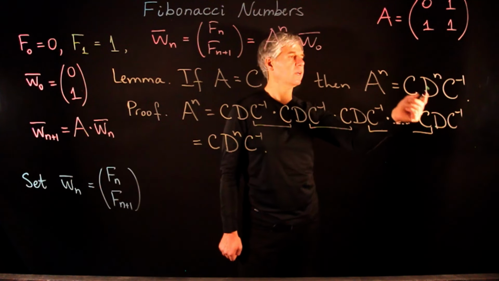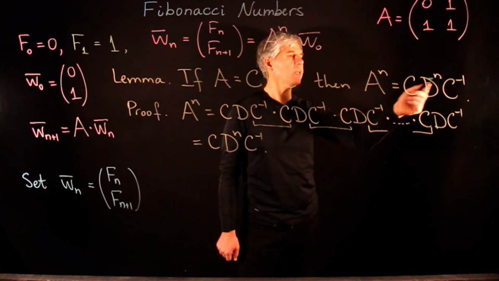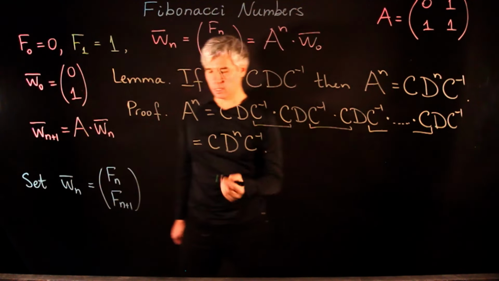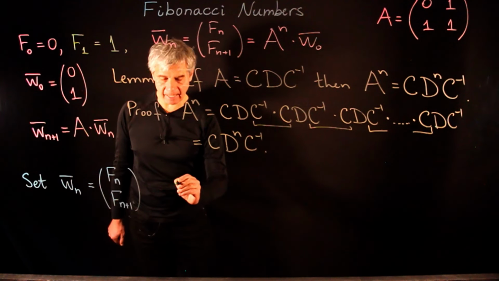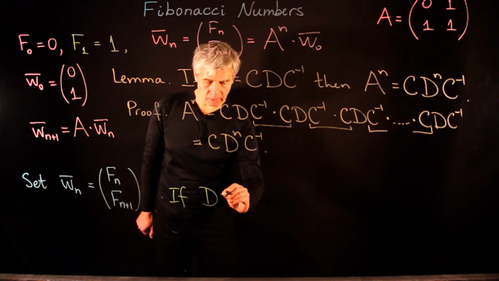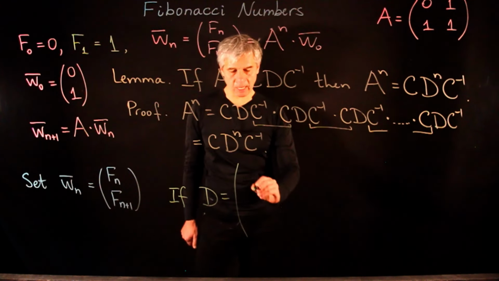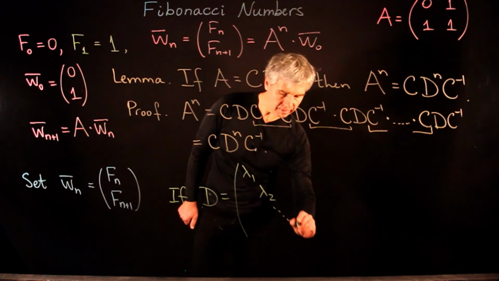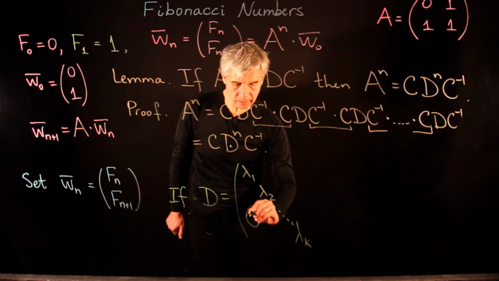So still here we have to compute D to the power n, and we also have this extra factor of C and C inverse. So if D is the diagonal matrix, and we know that in the diagonalization procedure we get a diagonal matrix with eigenvalues on the diagonal and zeros elsewhere,